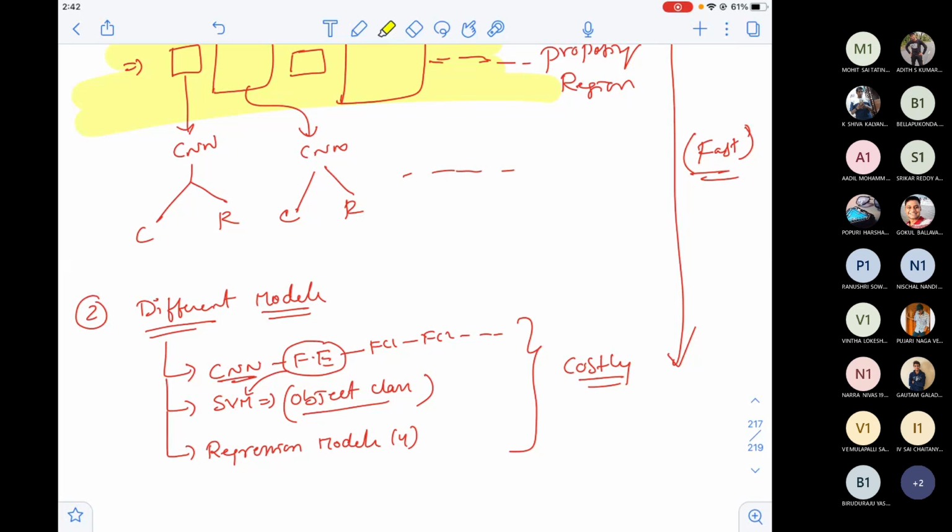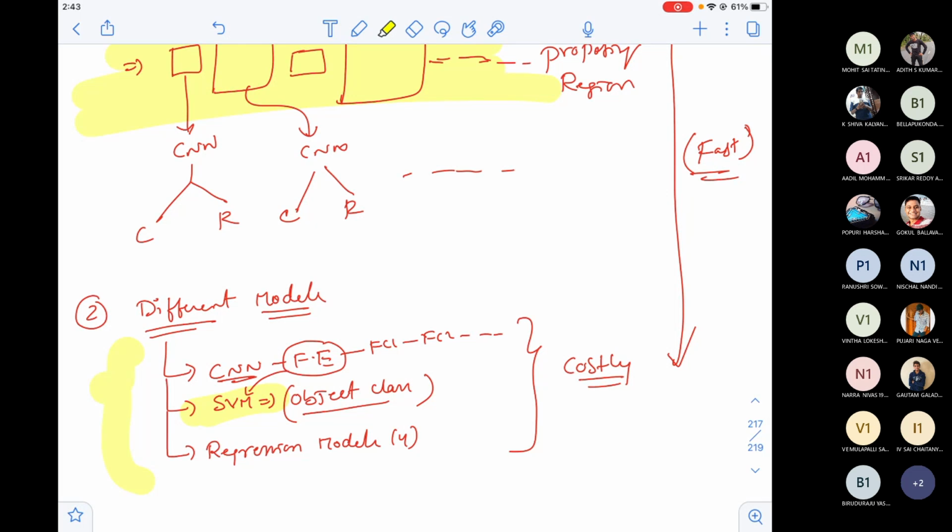The other thing is, maybe I should avoid this SVM. Why they unnecessarily brought in the SVM, I don't know. Maybe we can reduce the number of models that I use. Here they have used 3 models: CNN model, SVM model, and regression model. At least I can avoid using additional models so that the time consumption will be reduced. Okay, that is also a good thought.